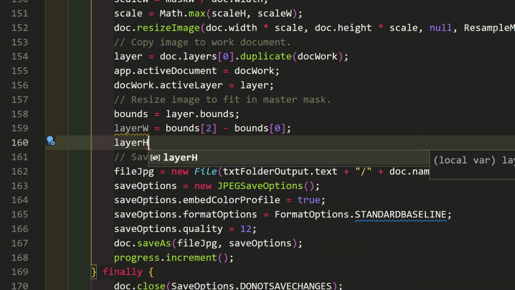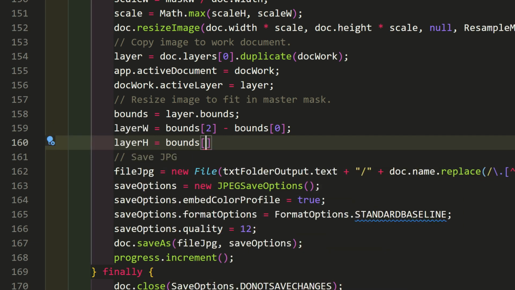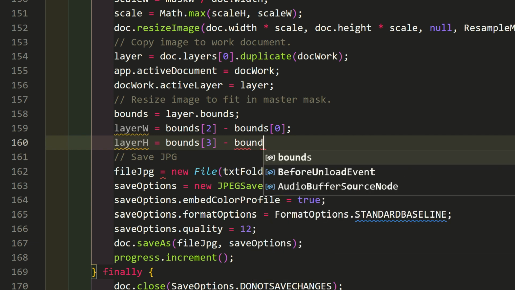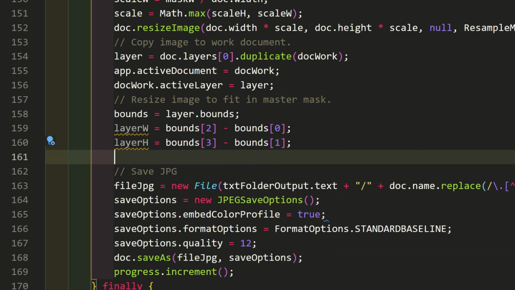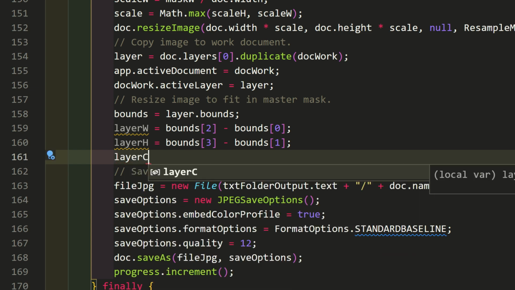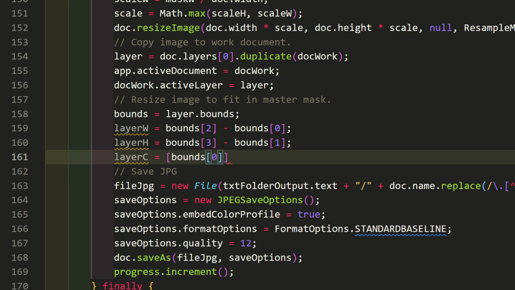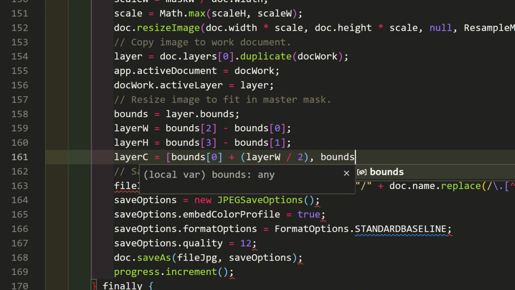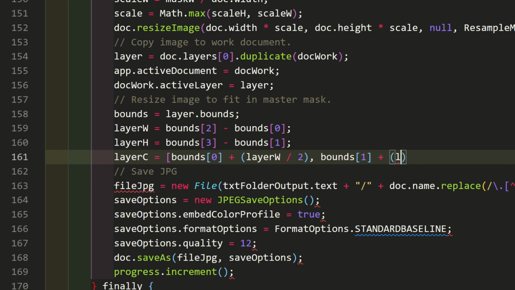Layer H equals bounds 3, the bottom, minus bounds 1, the top. Again, for center, use an array of two numbers, the x and y coordinates. Layer C equals bounds 0 plus layer W divided by 2, bounds 1 plus layer H divided by 2.